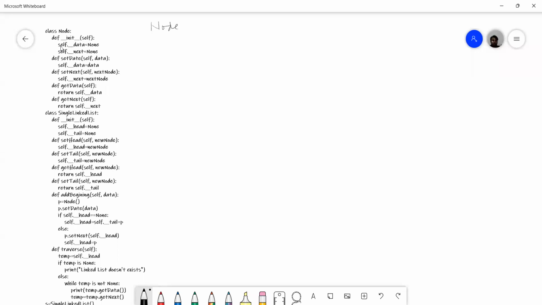So what will the node class do? It will just create a node. It will create a node, and info will contain None, address will also contain None initially. And it supports the function set data, where we can insert an element here, set next, where we can assign an address here,